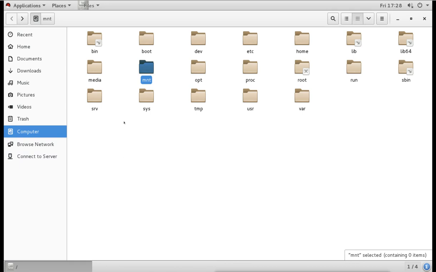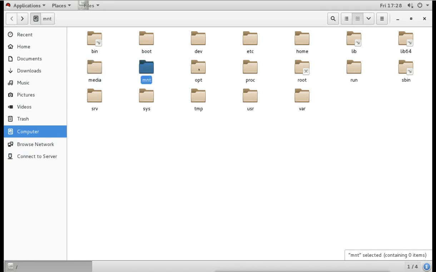Now remember, when you connect a flash drive, it will be detected as a new partition, but you can see that there is no partition showing here. You have to mount the flash drive, just like these partitions are mounted on these directories. We have to mount the flash drive into some directory here so that we can use it, and for that we have these two directories.